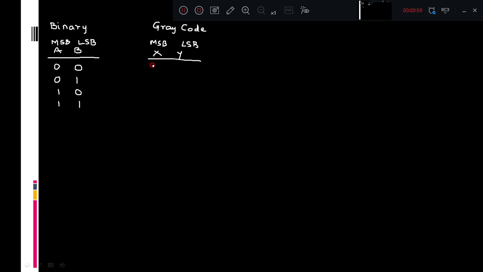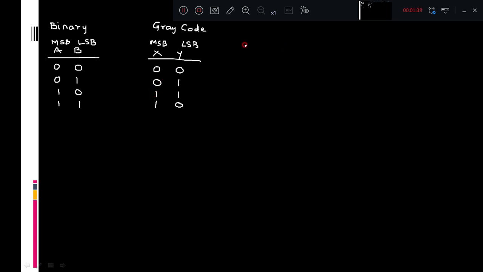If you observe the first combination, the MSB we are retaining as it is, 0 XORed with 0 we will get the same thing. Then this A we are keeping as it is, 0 XORed with 1 will get 1. 1 we are keeping as it is, 1 XORed with 0 will get 1, then we write 1. Last combination 1 1, 1 XORed with 1 will get 0. So we follow this gray coding in the three input variable K-map.